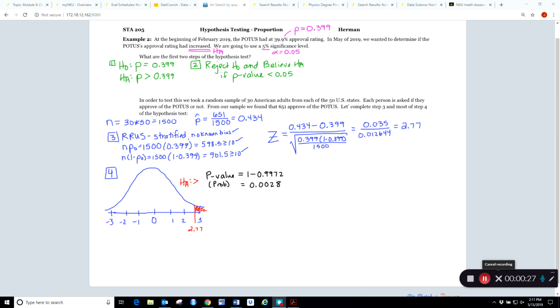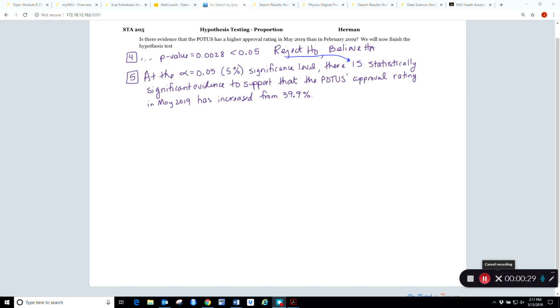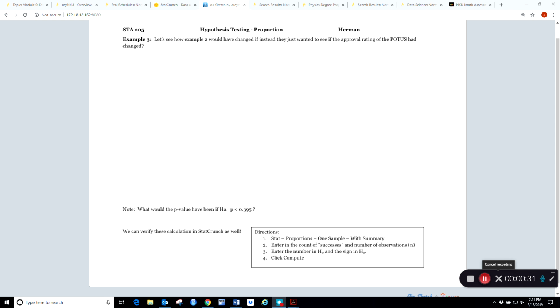Instead of wanting to see if his approval rating had increased, we just want to see if his approval rating has changed. So as soon as I see that word changed, what would it mean for his approval rating to have changed? It means it could have gone up or it could have gone down. So what I'm going to do is go through the steps that do change and sort of circle the pieces